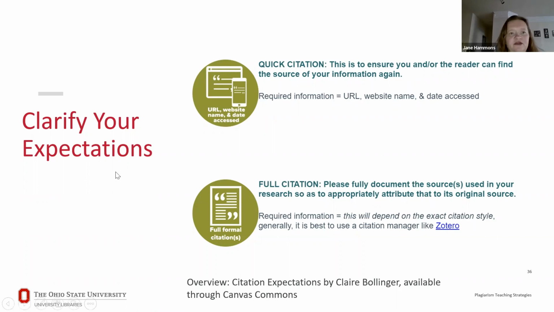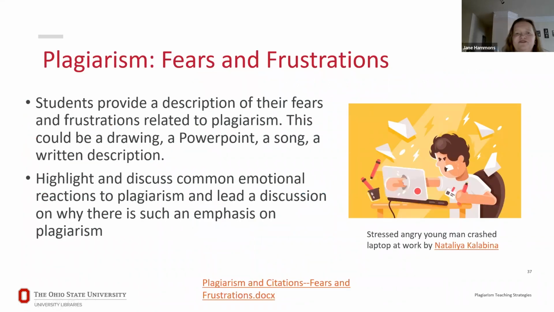All right, a few other things. So thinking about activities that we could do for students. This is one that I've done with a couple classes of students, and it's always very fun, but it's also sometimes a little shocking, right? Basically, I allowed students to create a description of their fears, frustrations, or anxieties around plagiarism. And they could be very creative. They could do a drawing, a PowerPoint, write a song, whatever they wanted to do. And the responses were really intense, sometimes where students really made it clear how much they hated citations, hated learning about it, how frustrated they were, how afraid they were.